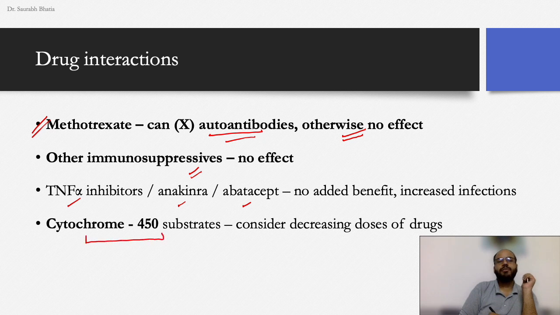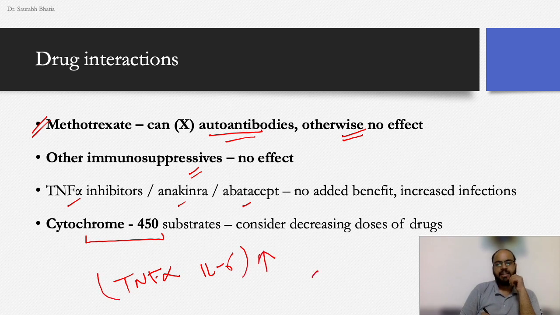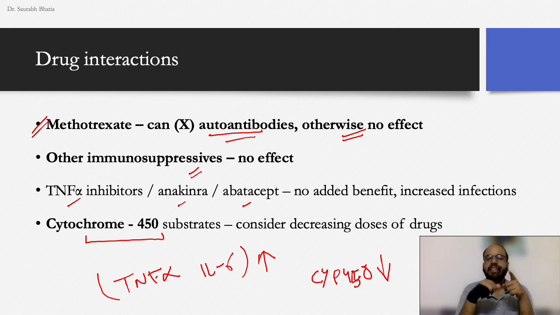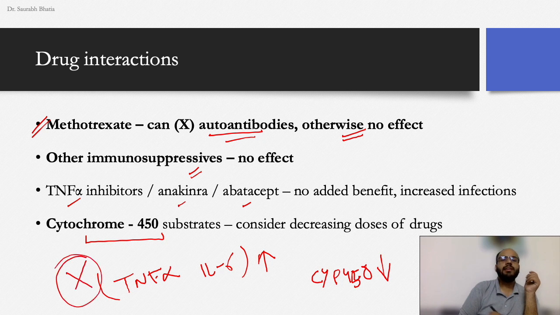Now cytochrome P450 substrates. Now what happens is that when interleukins like TNF alpha and interleukin 6 increase, the formation of cytochrome P450 is decreased. So let's get this clear. When inflammatory cytokines increase, they will decrease the formation of cytochrome P450. Clear? So when we inhibit these interleukins or these cytokines by using ustekinumab, the cytochrome P450 will increase or